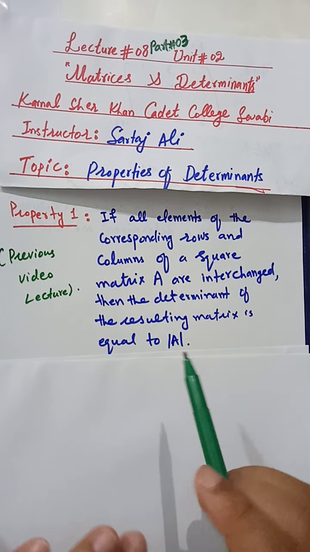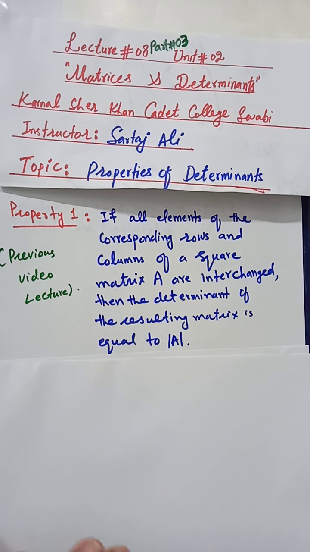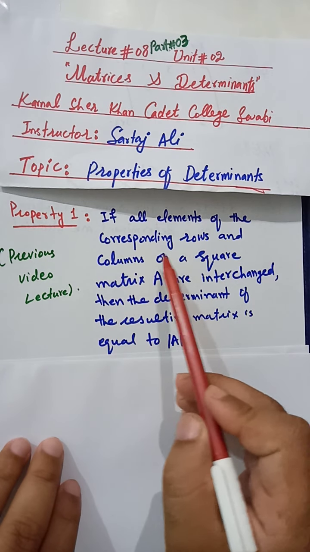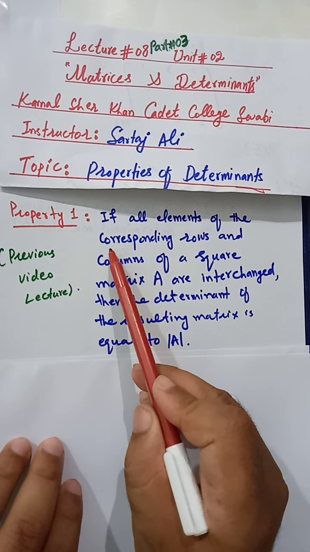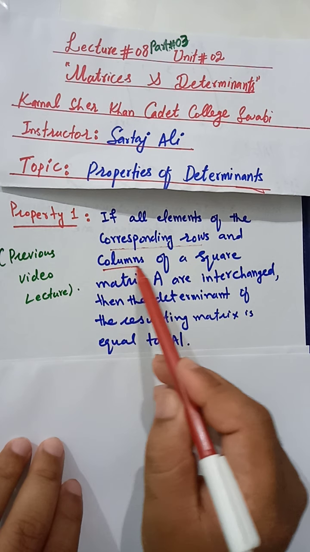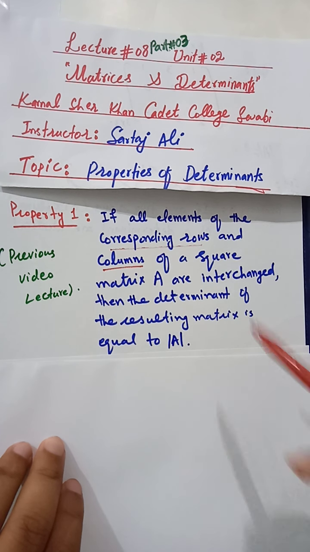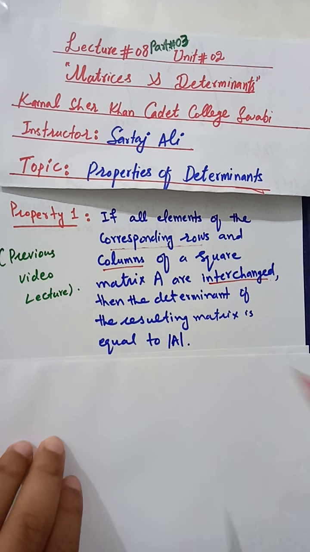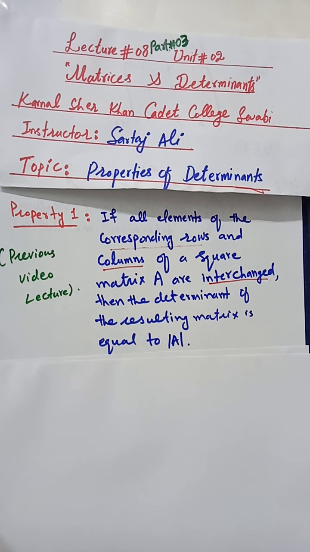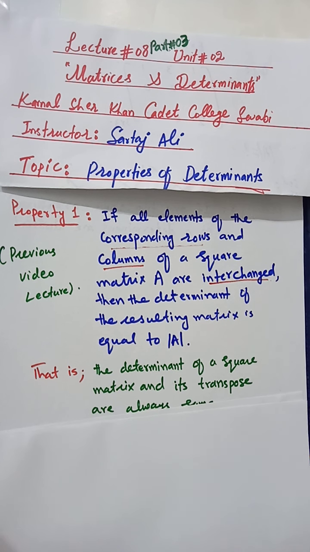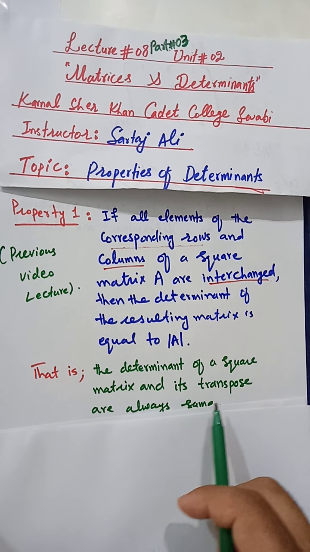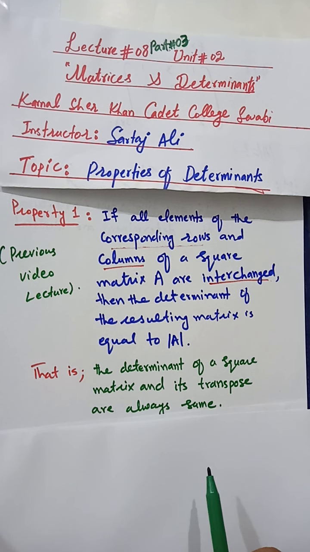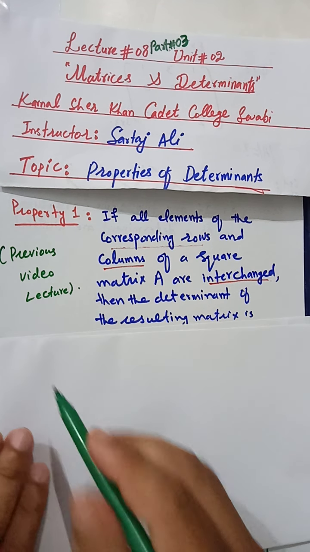First, property number 1: if all the elements of the corresponding rows and columns of a square matrix are interchanged, the new matrix which you obtain has the same determinant as the original matrix. In other words, the determinant of a square matrix and its transpose are always the same. For example,